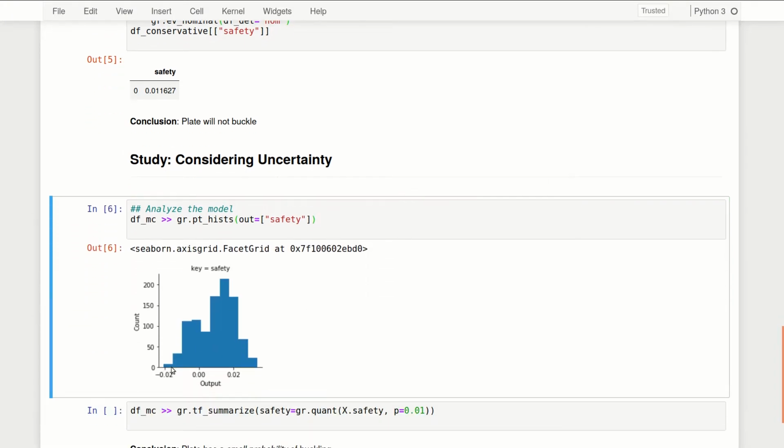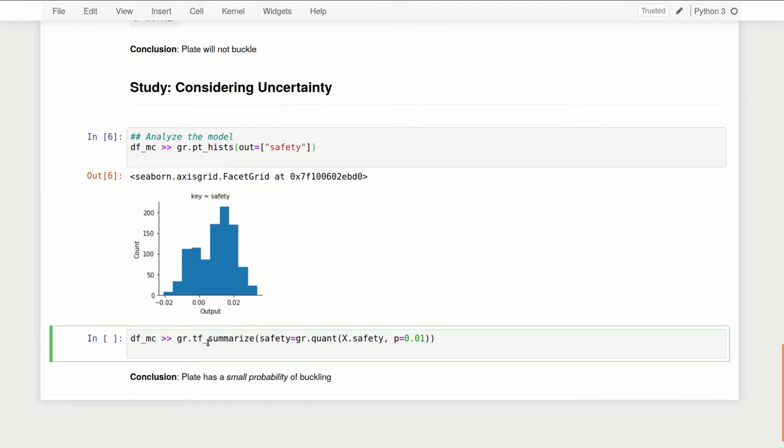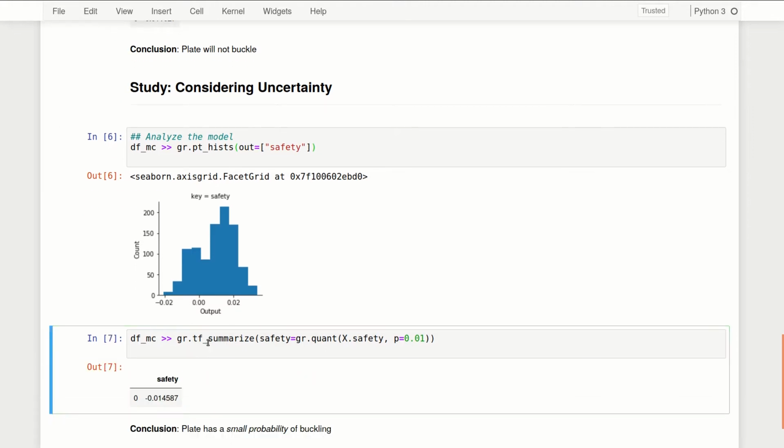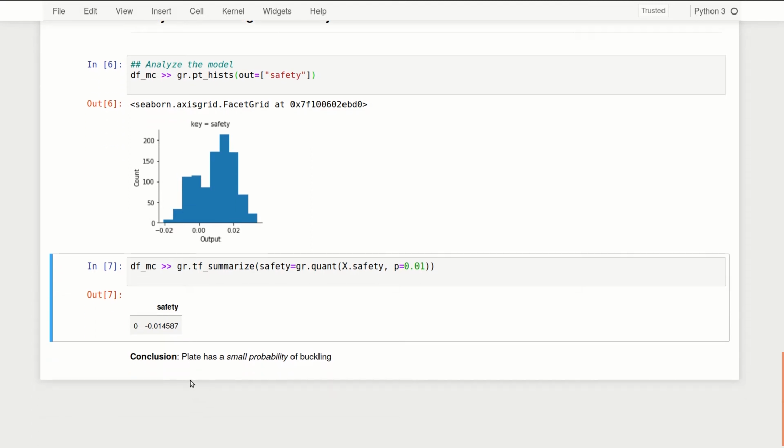We would get something qualitatively different. We would get this histogram of outputs, and we would see that some small fraction of these are less than 0. These correspond to unsafe buckled cases. And if we look at the lower 1% of this distribution, we get a safety value that's negative. So what we get is a different conclusion. We conclude neither that the plate is safe nor unsafe. We conclude that the plate has some small probability of buckling, which is a qualitatively different understanding